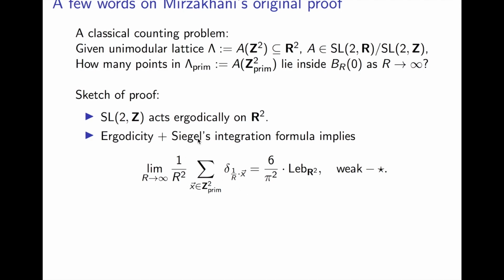And what this result is saying is that, okay, so Z2 prime, the primitive integer points, are not a subgroup, but they are an SO2Z orbit. So it's the SO2Z orbit of the vector (1, 0). And so